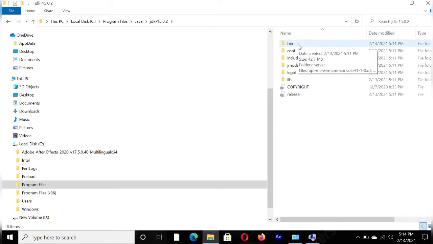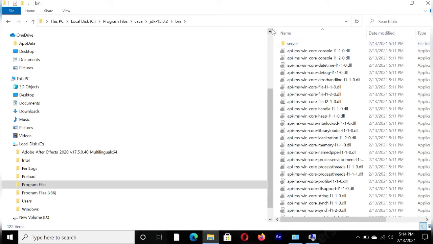Here we can see bin, right? After entering into the bin, we have to click on the search bar and copy the path of bin by pressing Ctrl C. For copying anything, you have to press Ctrl C.